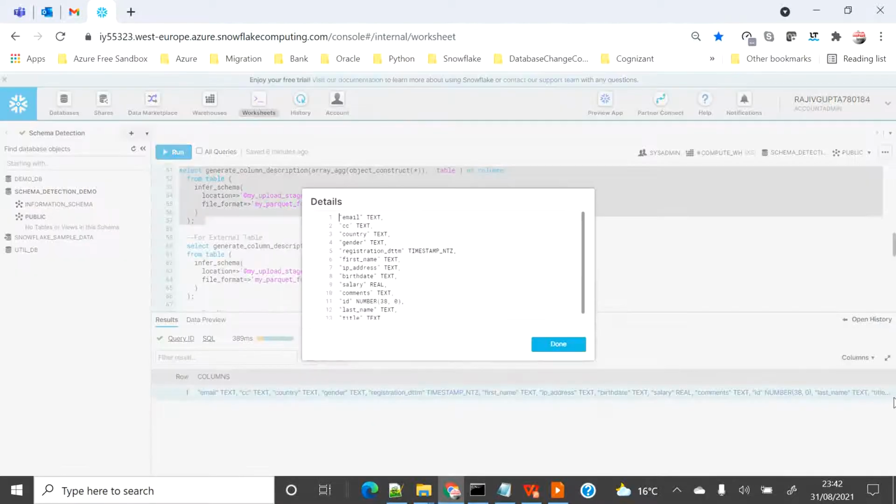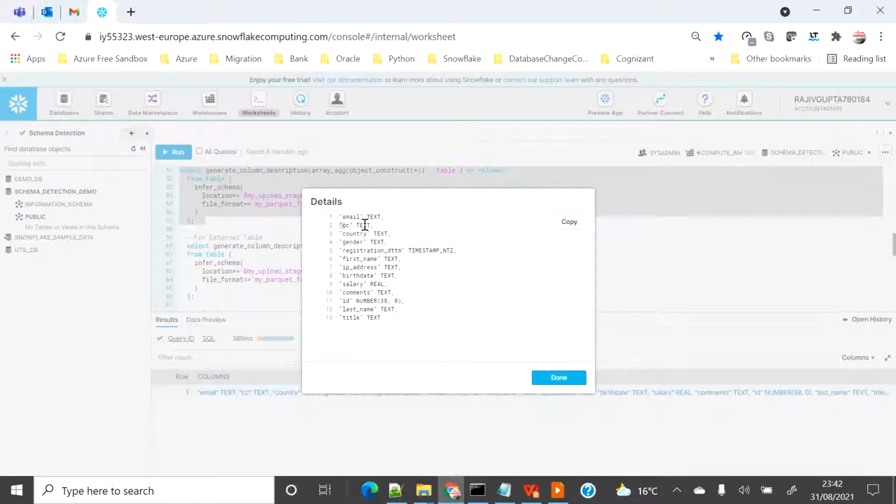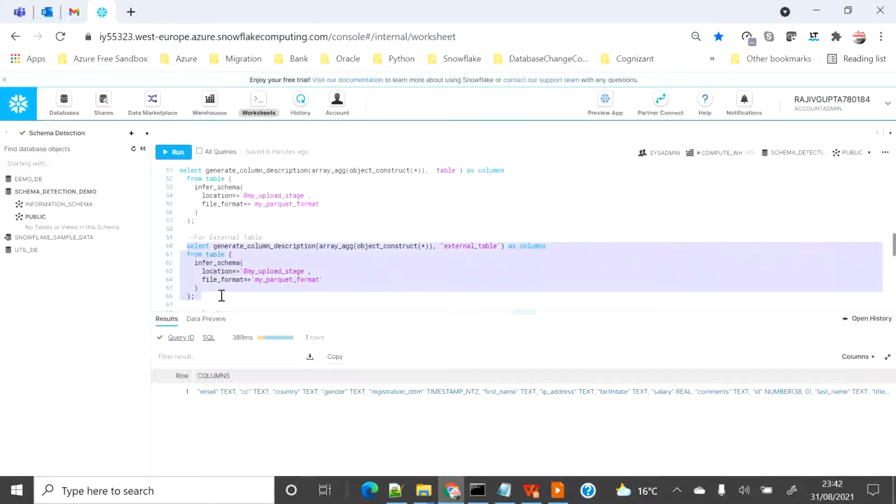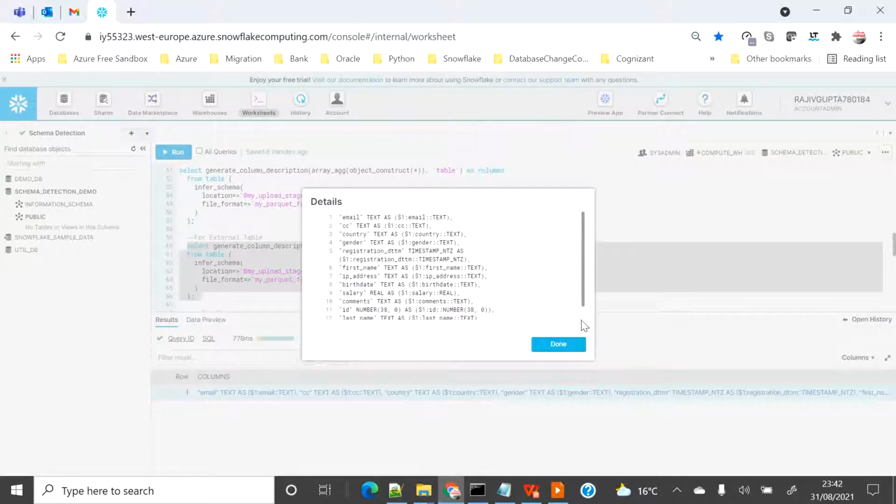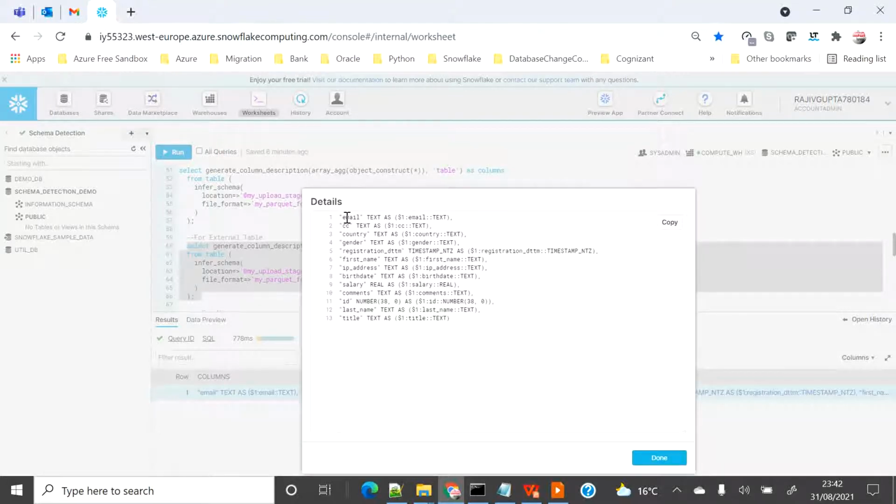So if you see here, you will see that the output is in the table format, column name and data type, column name, data type, like this. Okay. And if you execute this external table, you will see that the output is a bit different, and output is more like they are giving the email as a column name, then text as dollar and pointing to the flat file with the alias of text, that the reading type, the format should be text.